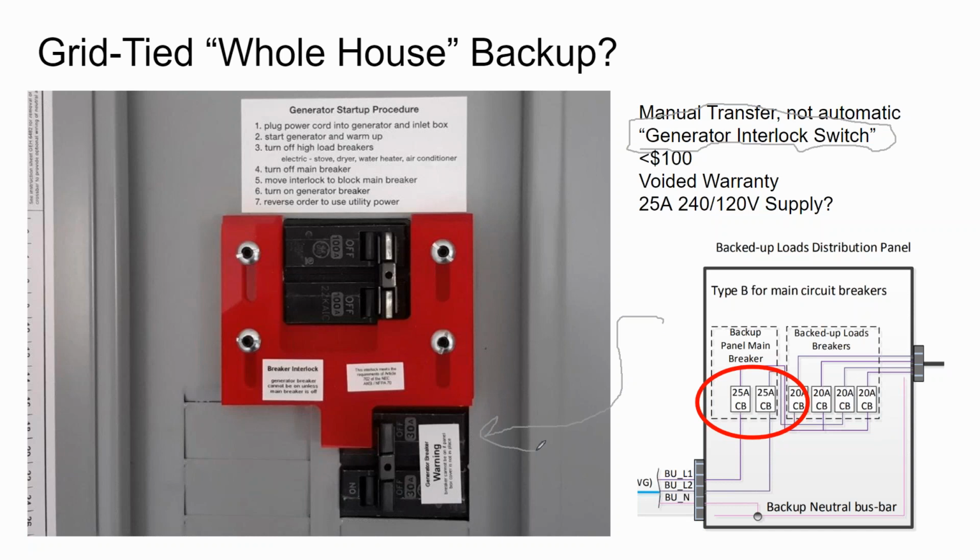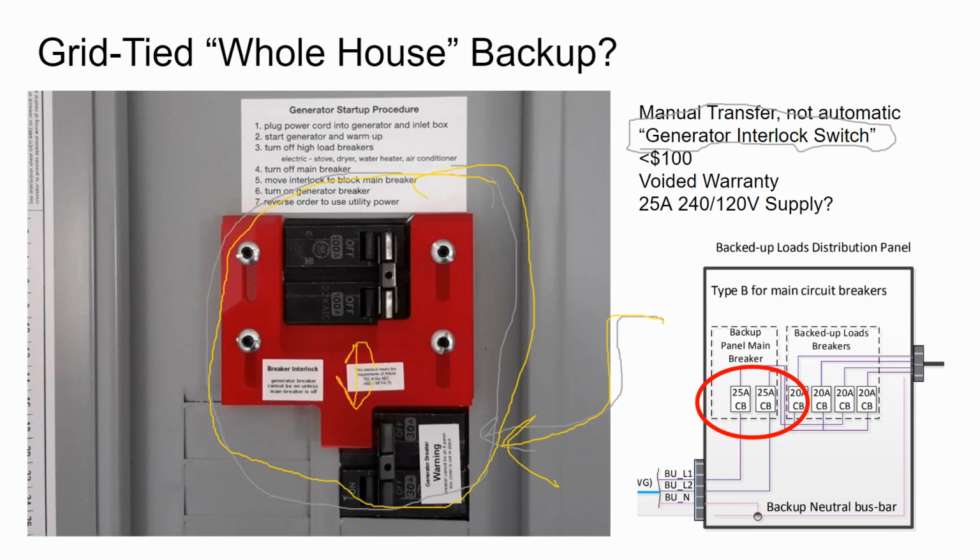So in past solar classes, we talk about interconnecting solar at the bottom of the bus bar, but this generator interlock switch would go at the top of the bus bar, and that's because they install a physical plate around where the generator lands and where the main is,